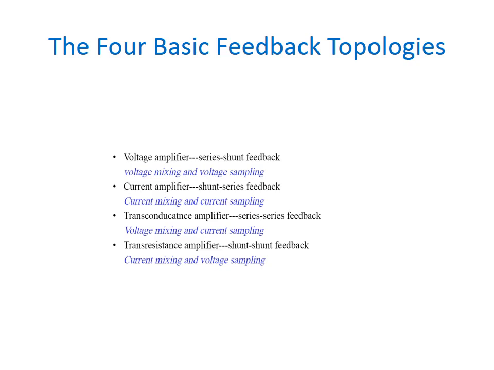First we are going to see the voltage amplifier, otherwise called the voltage series feedback amplifier, because here the mixing is voltage and sampling is voltage, so we call it series shunt feedback. The next, current amplifier feedback, is otherwise called shunt series feedback. Here the mixing is current and sampling is current. The third type is the transconductance amplifier. Here the mixing is voltage and sampling is current. That's why it's called a series feedback network.